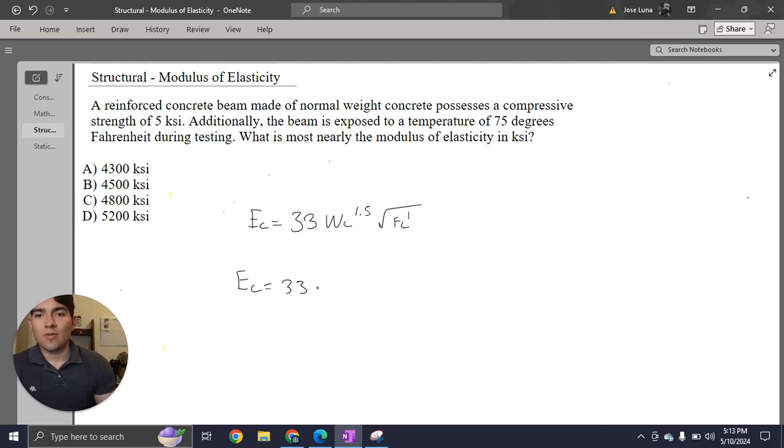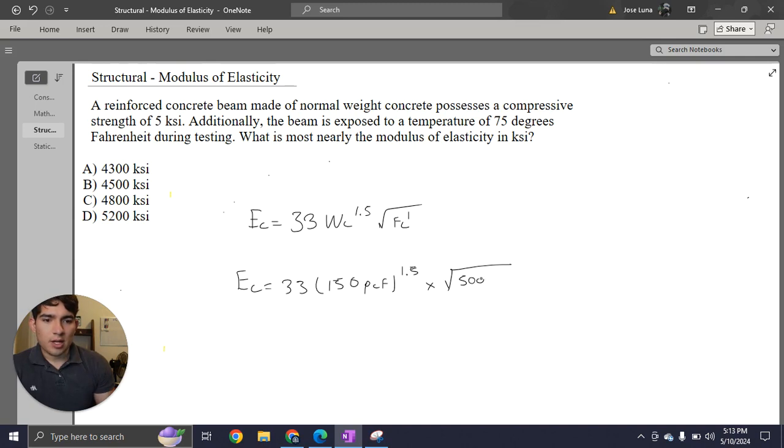So in order to solve for the modulus of elasticity, we're just going to do 33 times the unit weight of normal concrete. So that is going to be 150 pounds per cubic feet. That is going to be a number that you should probably remember for your FE exam for normal weight concrete. And then now we're going to raise that to the 1.5 power and multiply it by the square root of